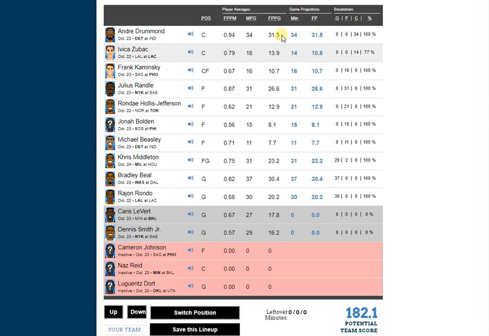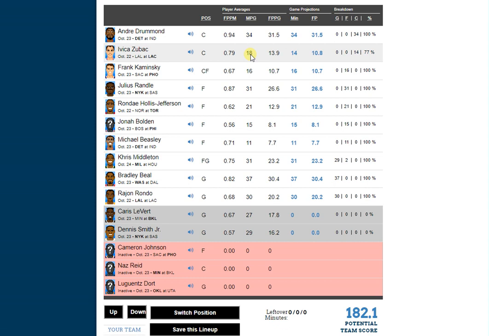So in this particular example, you see early on how the minutes are sort of split. We obviously have 48 center minutes to use, and Drummond, who averages 34 minutes per game, is projected in this configuration to use 34 of those minutes, which leaves us with 14 more minutes to use. But Ivica Zubac plays more than 14 minutes per game. He plays 18 minutes. So the site is going to take the prorated amount